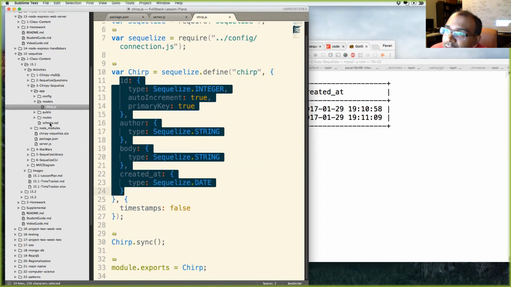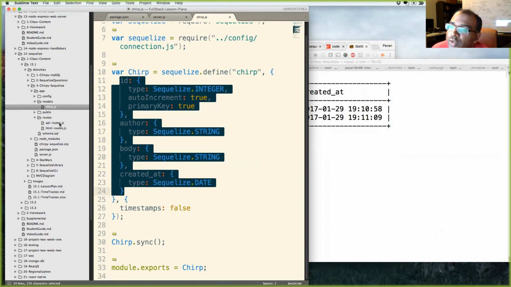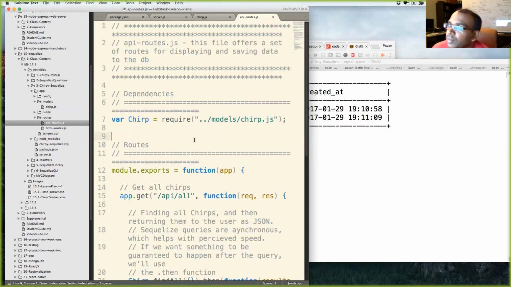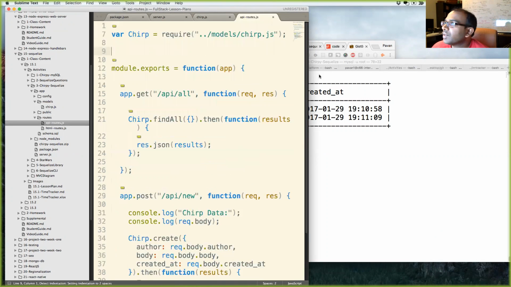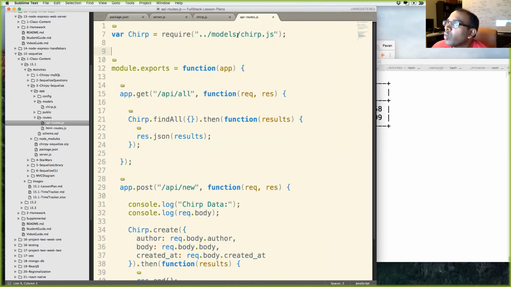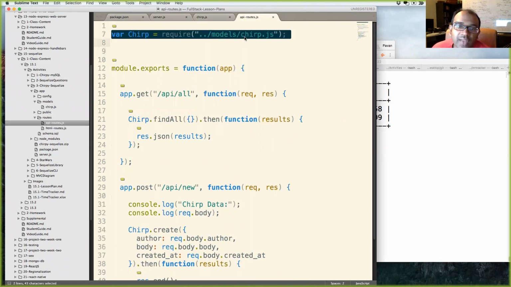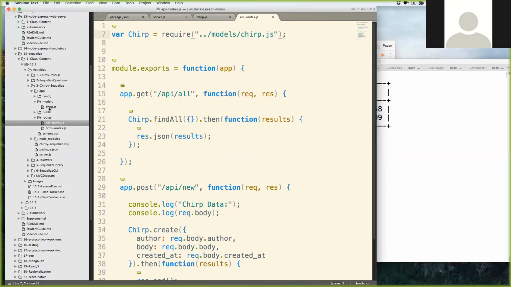Okay, so now let's go to one of our routes. Let's go to the API routes right here. And here, what are we doing on line 7? We're requiring the chirp.js file, which is the Sequelize file that we have. Exactly, right?